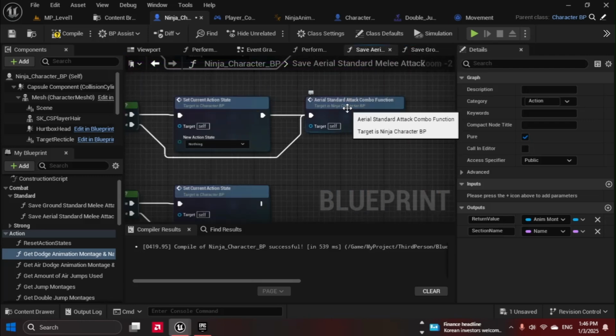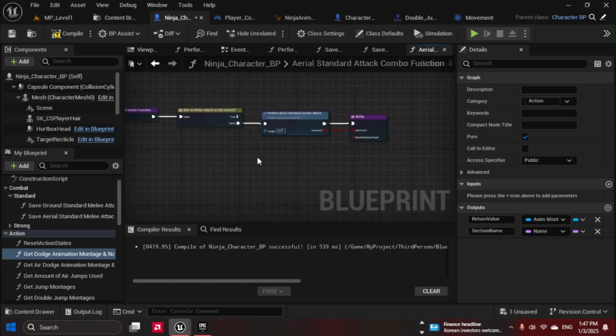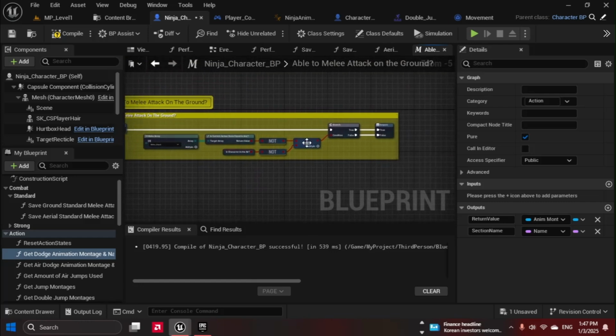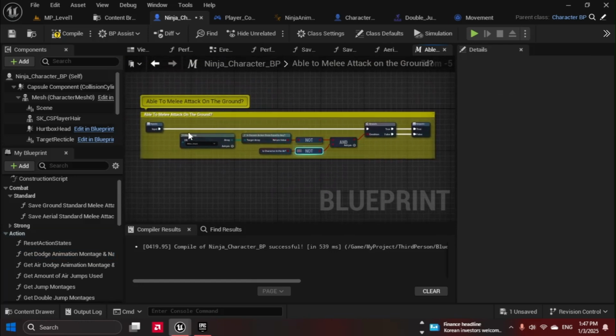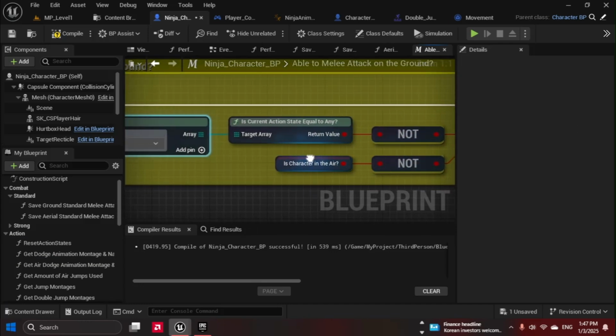So going to the standard aerial attack combo function, we need to make a few changes here. If you don't know, this is able to attack on the ground. The macro one, the macro is built inside here. So